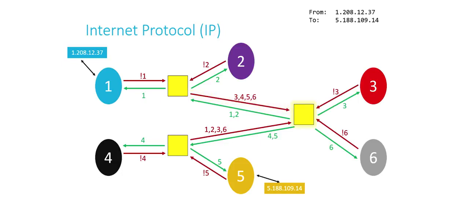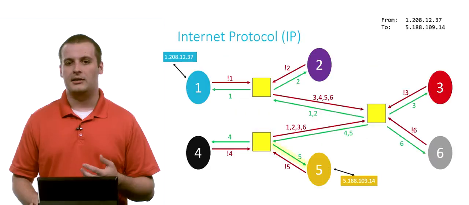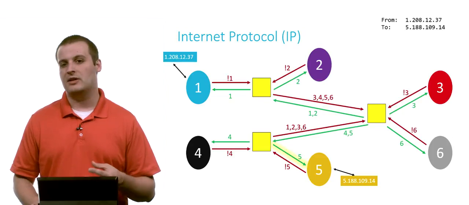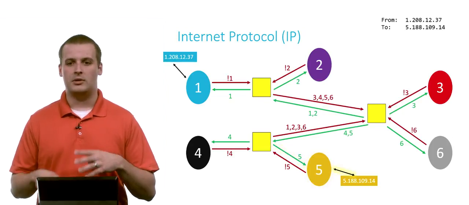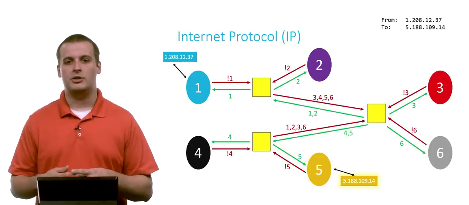OK. So that guy looks. He says, OK, this IP address starts with a 5. Well, I'm connected to 3 and to 6, so I can't get the message directly where it needs to go. But that other router over there, I know if I send it 4s and 5s, it can handle those. So it passes it along down the path. And then this router says, well, I'm connected to networks 4 and 5. So yes, I can help you. I'll take your IP address that starts with a 5. I'll give it to the 5 network. The 5 network will do some work on its end and give the message to you.